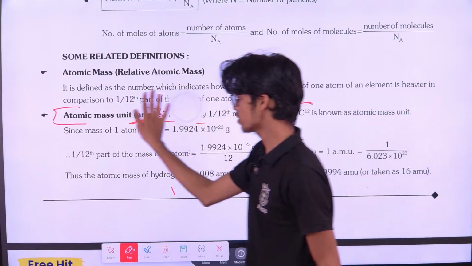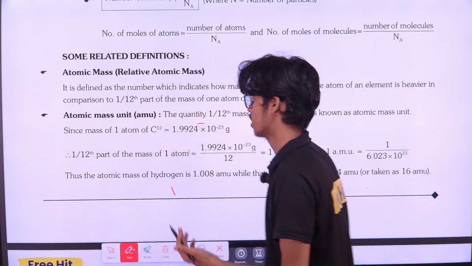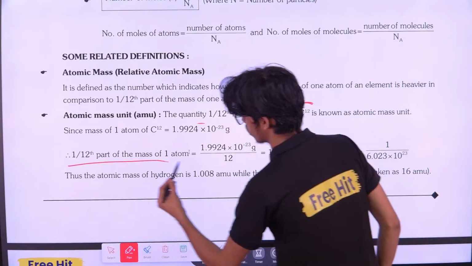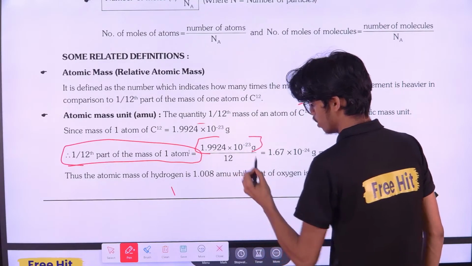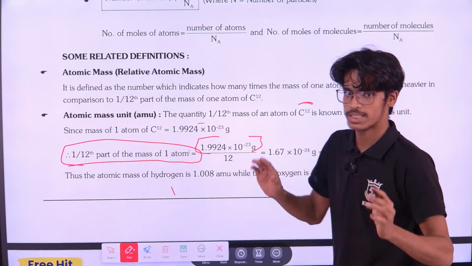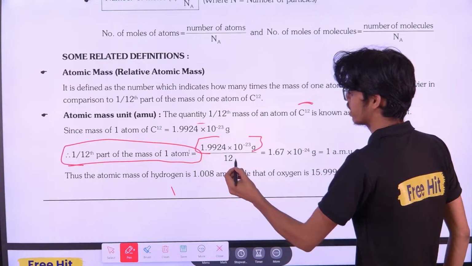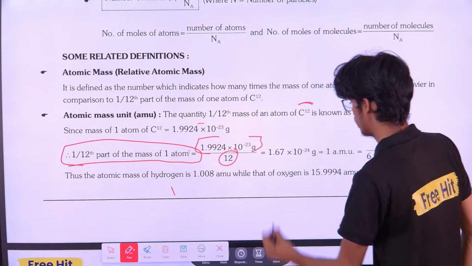Now I have the smallest unit, right? And always remember, it is 1/12 part of the mass of one atom. So what do you write? You write the mass of the carbon atom, which we found out by spectrometer, and we divide it by 12. And this is the number we receive,